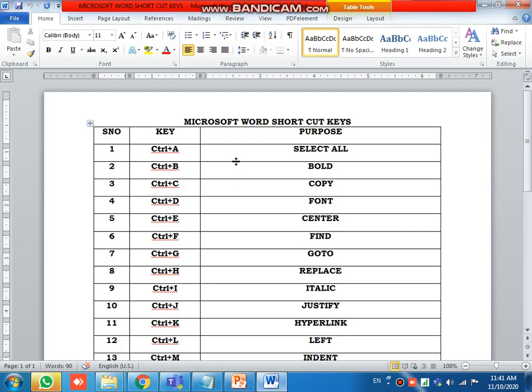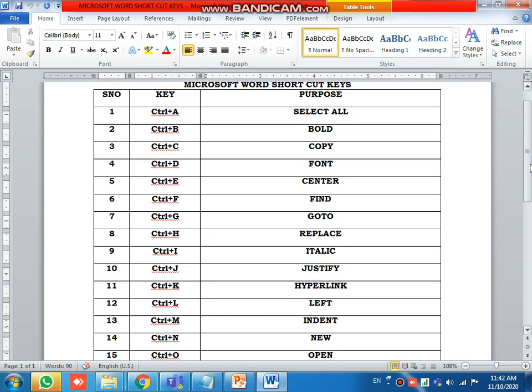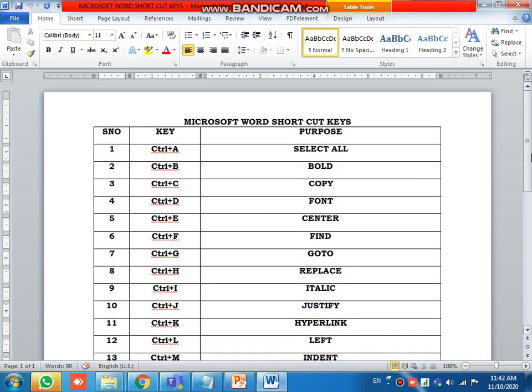These are the MS Word shortcut keys, alphabetical wise, Control A to Z. Okay, I will read one by one.